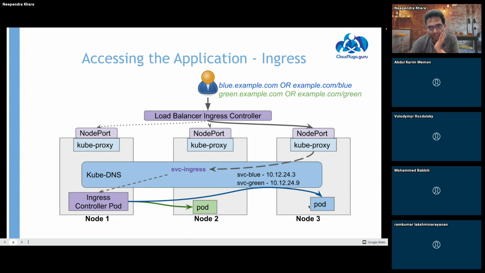And at the Nginx level, or let's say Apache web server level, I can have multiple virtual hosts defined in my configuration. And there the Nginx will look at the host header, which is blue or green, and based on that, it would send traffic to, let's say, port 3000 and port 5000 for these two different applications. And essentially that is exactly what our Ingress is doing